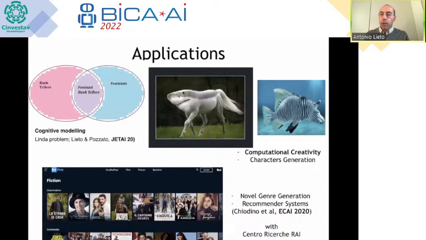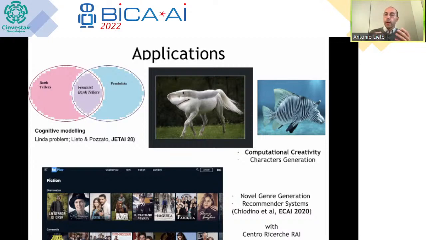One important point is that we showed how this framework was able to solve the pet fish problem and was also able to model other kinds of cognitive phenomena like the conjunction fallacy. And in addition to the area of cognitive modeling, it has also been used in a bunch of other applications like computational creativity, so inventing, for example, new characters for a cartoon, or in the area of a recommender system. This was a project done with